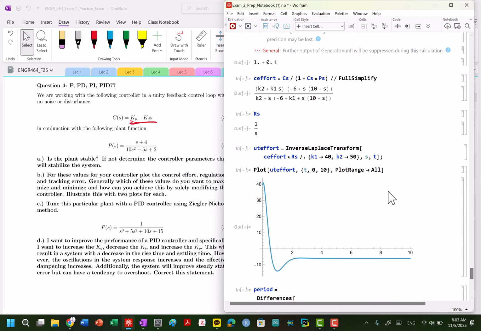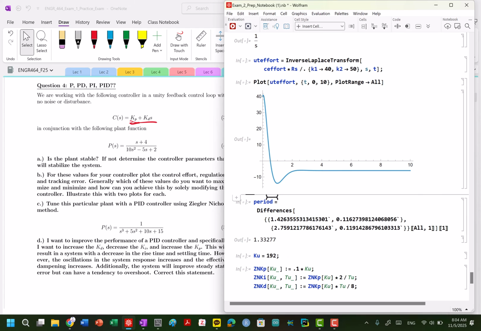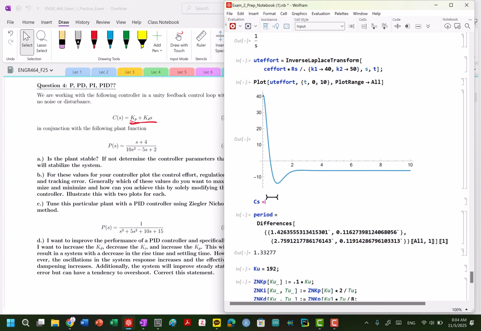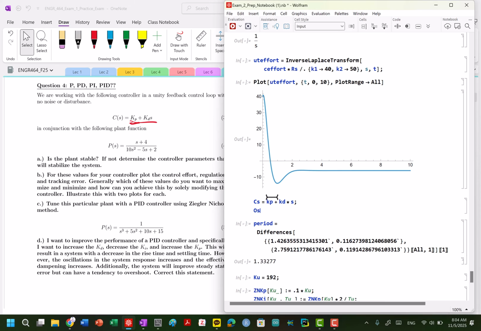So we're working from the last notebook. I'm going to say my C(S) is equal to KP plus KD times S. I'm going to say P(S) is equal to S plus 4 divided by 10S squared minus 5S plus 2. So now,